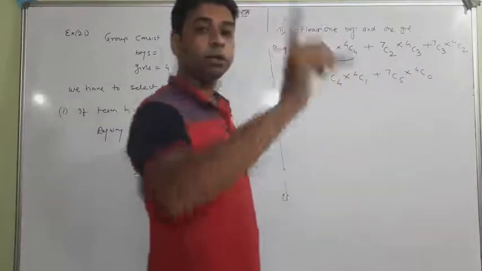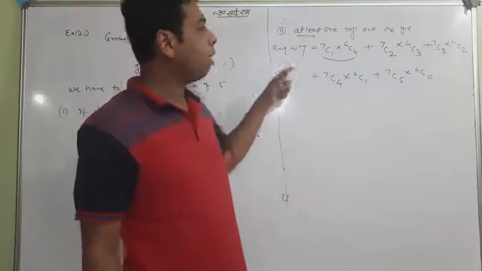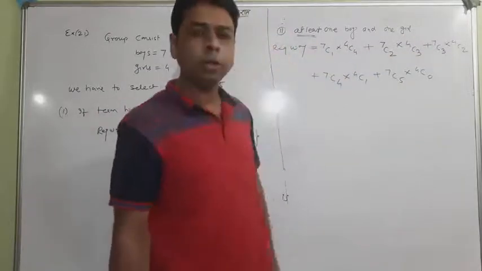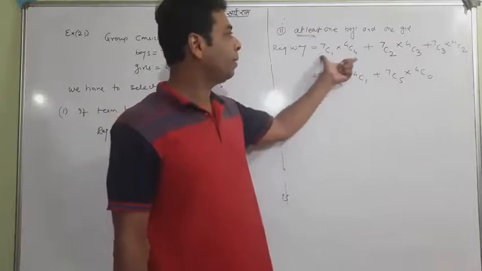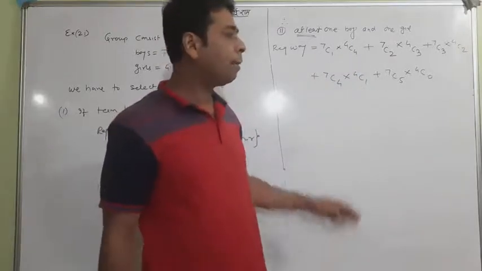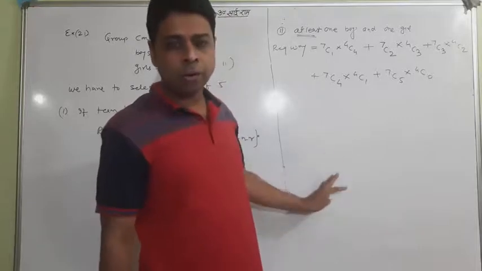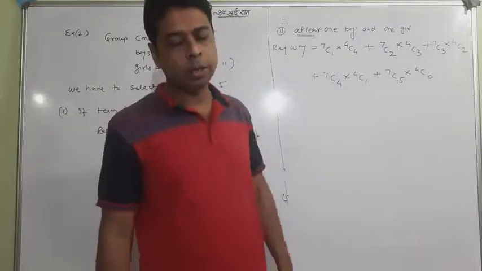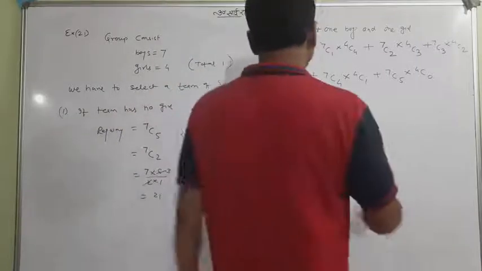4C0 is 1. You don't worry about that. And this is the big thing what you have got. You just have to solve one by one. You know the way of solving. Do carefully. I am not doing it because it is time wasting now, because each and every condition you know how to handle the situation. This is the answer. So this was the simple one done.